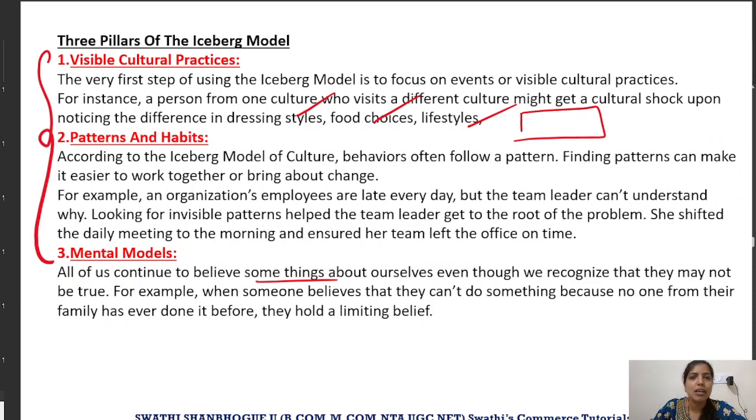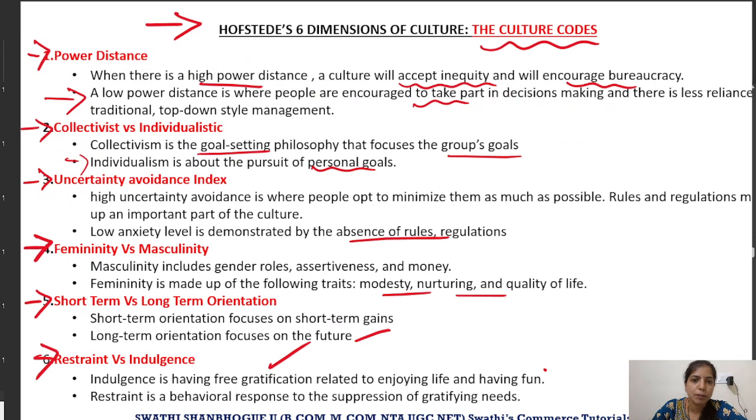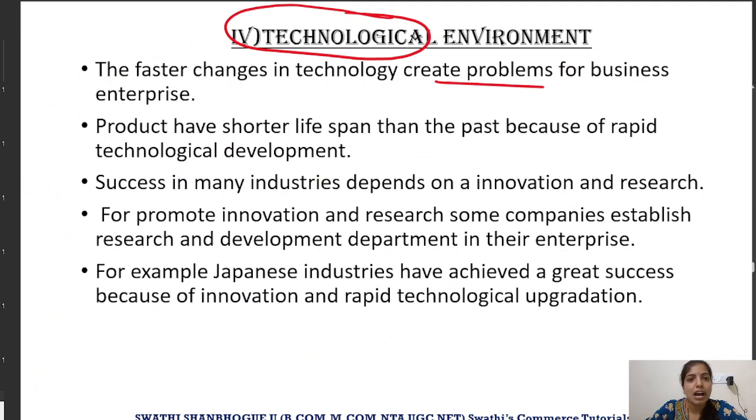And in order to frame a better audience, or in order to gain better scope in the market, we have to study three particular aspects of an individual, which is visible, which is invisible, and also which is mentally and emotionally inscribed in these people. Then we have Hofstede's six cultural codes, which these companies should follow in order to gain better market in the economy, like power distance, collectivist and individualist, uncertainty avoidance index, femininity and masculinity, short term and long term goal, and your restraint and your indulgence. Then we read about how technology has a major impact on the running of the business,